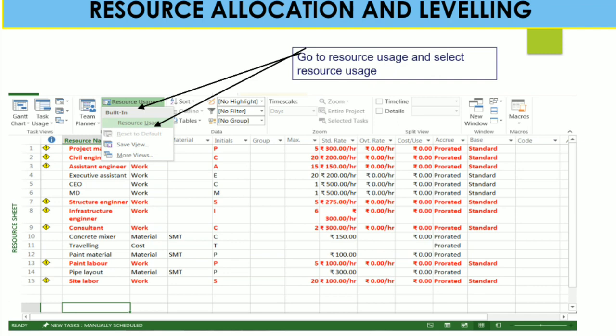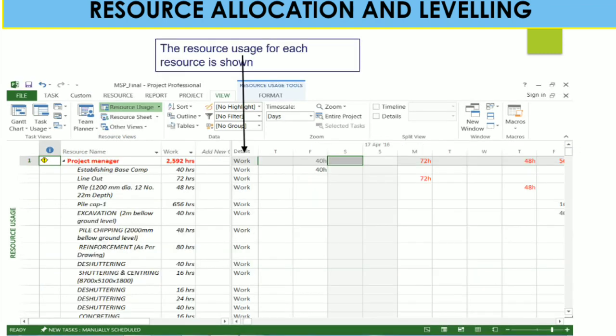Now go to resource usage and select resource usage. Before that we already saw the resource graph based on your requirement. Now we have to go to resource usage, to see how useful our resources are for our project. The resource usage for each resource is shown like this.